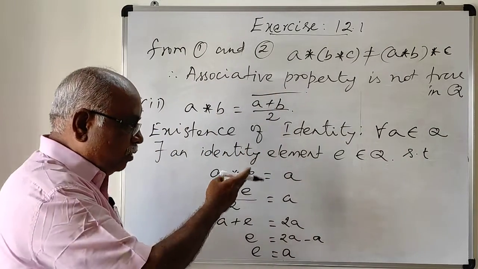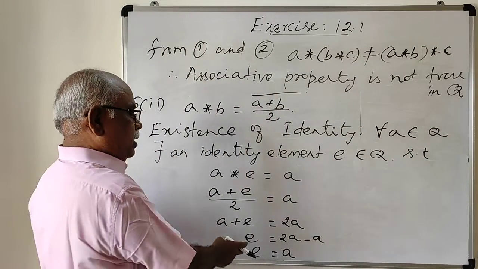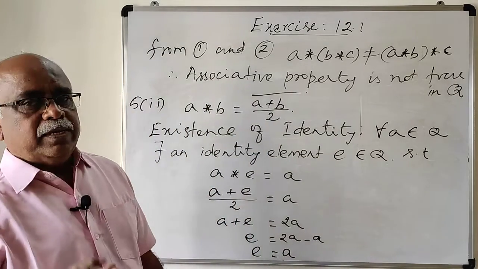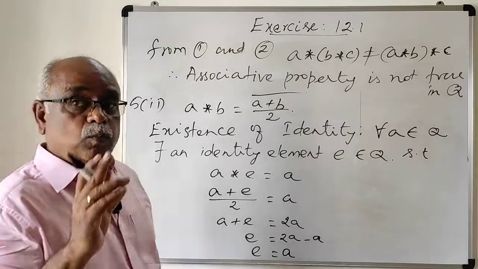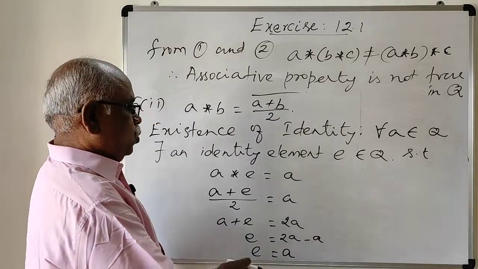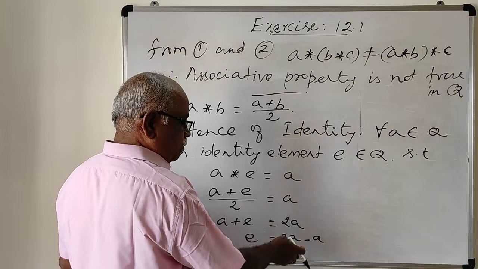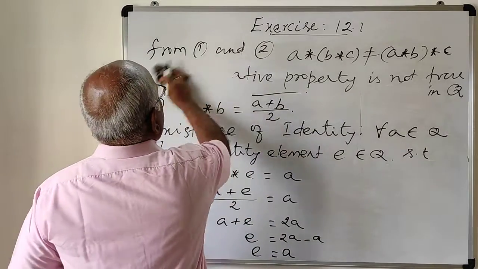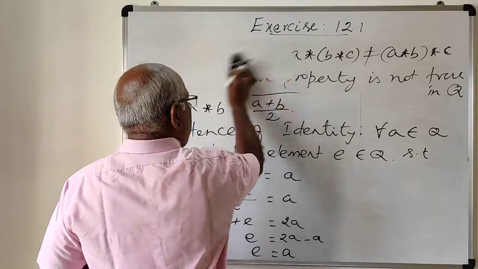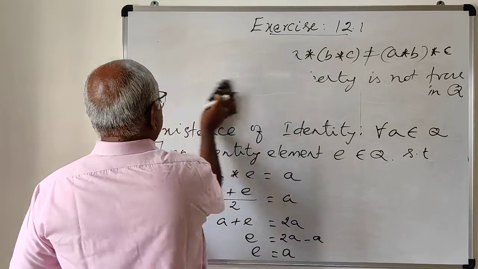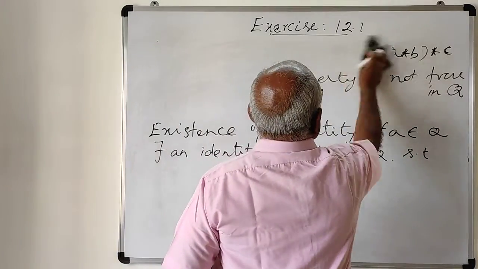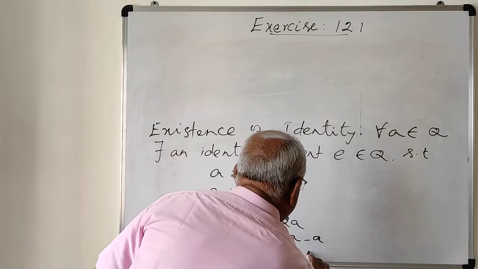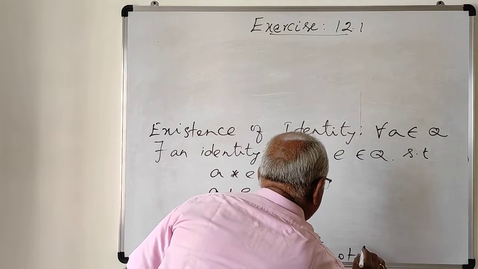Therefore, we are finding two identities in the set Q, one is e and another is a. It is impossible. In a set, the identity element is unique. We have proved this theorem. So there being two identities is impossible, and therefore the existence of identity is not true. e equal to a is not possible